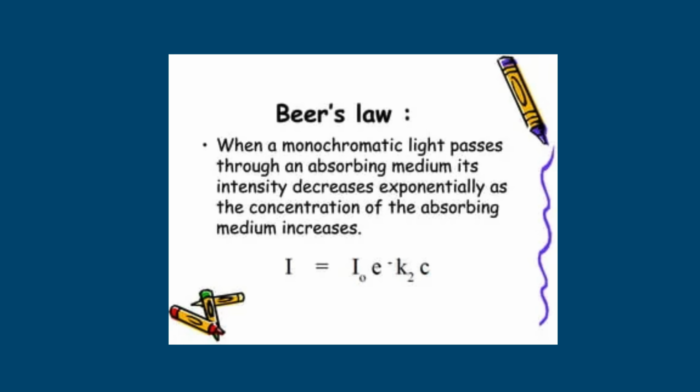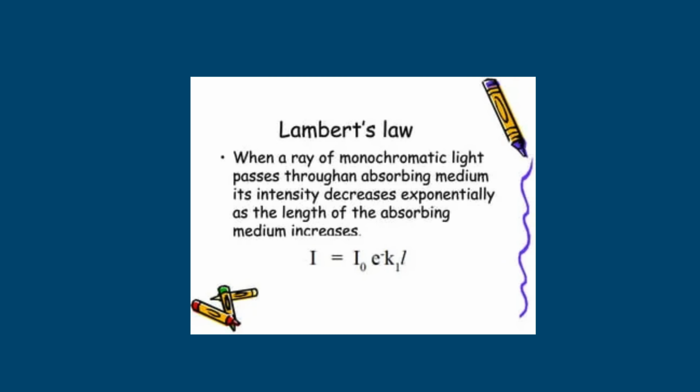Beer-Lambert Law. Beer's law: the intensity of a monochromatic light beam diminishes exponentially with the increase in concentration of the absorbing species. Lambert's law: the decreasing rate of intensity of monochromatic light with the medium's thickness and incident light intensity are directly